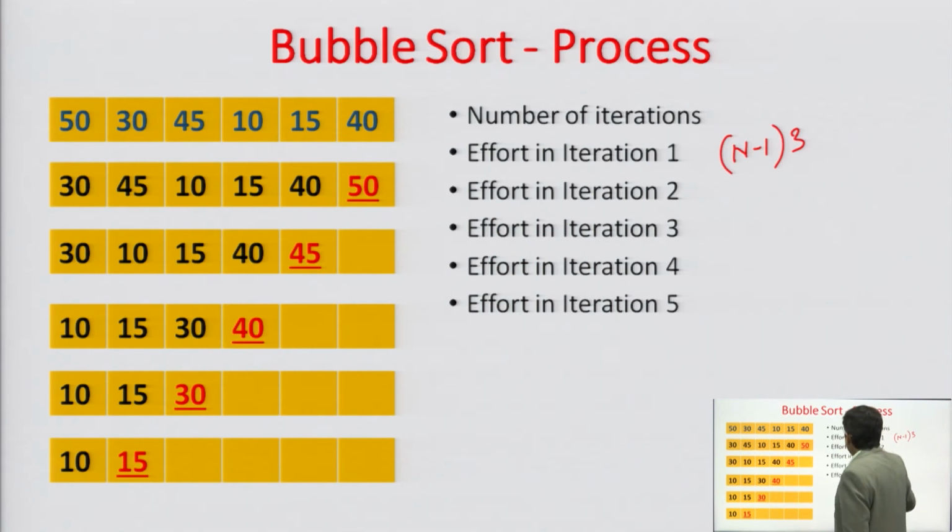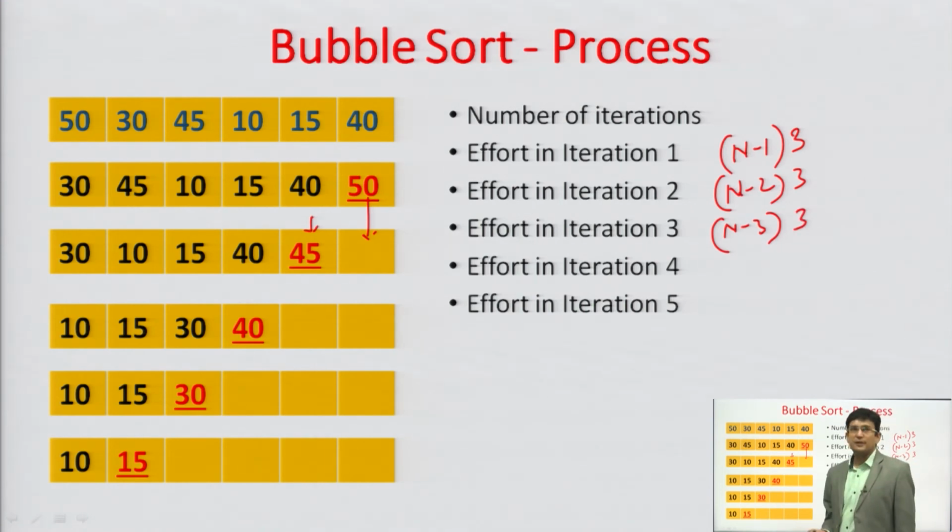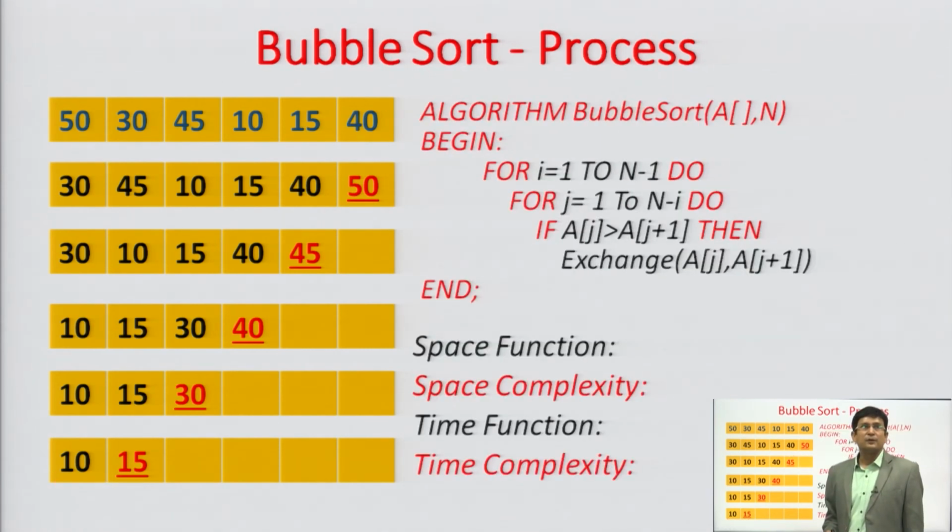Now, in the second iteration you made 1 less comparison, because you have fixed this element 50. So, you are making the comparison up to only this point. So, the total number of comparisons is n minus 2 into 3. In the next iteration you require even 1 less comparison, so you require n minus 3 into 3 effort, and so on and so forth. In each iteration this number of comparisons is getting down. In the last iteration you will require only 1 comparison. In case you require only 1 comparison, followed by the exchange, this quantity would be 1 into 3. So, the total effort required in the bubble sort process